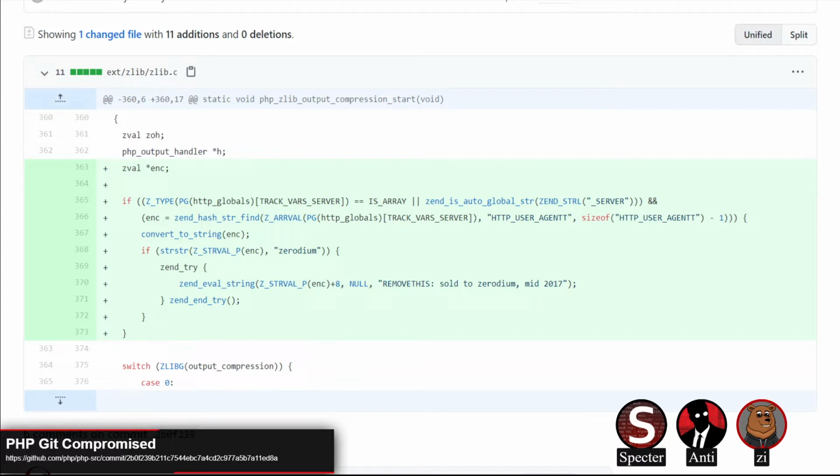But they also added in here "this sold to 0DM mid 2017," which sounds weird, like they're trying to point out a vulnerability that 0DM already knew about. So the other theory here is not that this is a supply chain attack, but that they compromised the Git server, tried to sell that access to 0DM, and of course that isn't something 0DM buys.